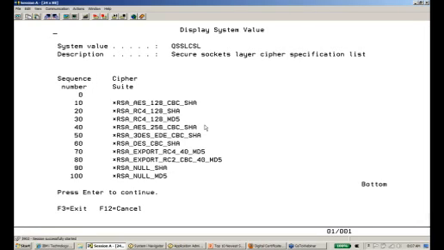And so you can see what is going to start negotiating first, and you may actually want to remove some of these cipher suites if they are too weak for your standards. Okay, so this control came in V6R1. Now, what came in